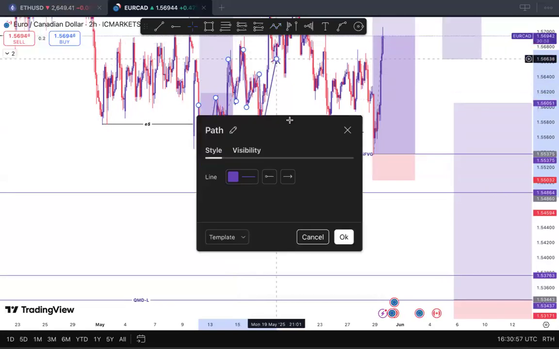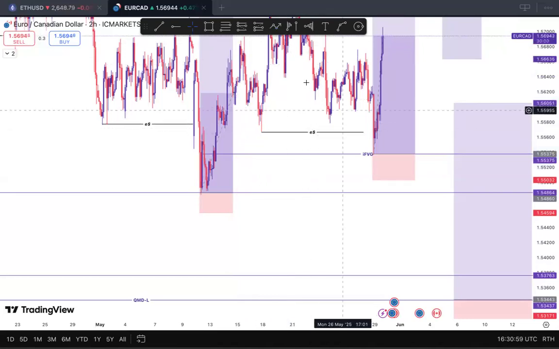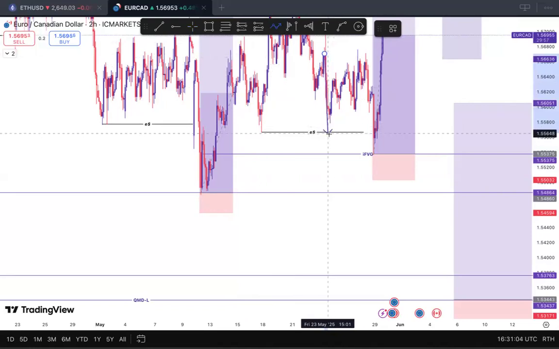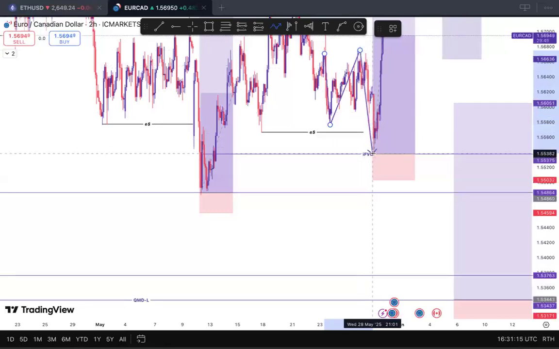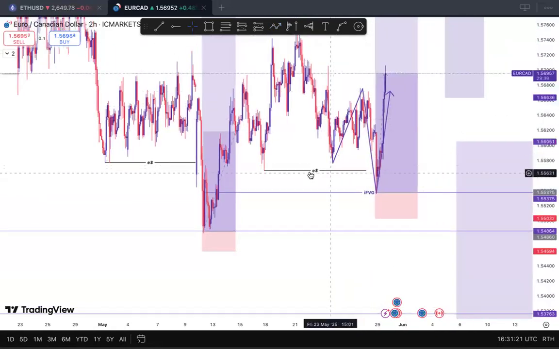But I want you to notice something. Can you see that this price movement did not sweep this low or the weak low? Rather, it came somewhere here and then started playing around. And then what happened eventually? It swept, touched the inverse fair value gap, and then boom. Can you see that? This is an engineered liquidity. This is exactly the engineered liquidity I'm explaining to you.